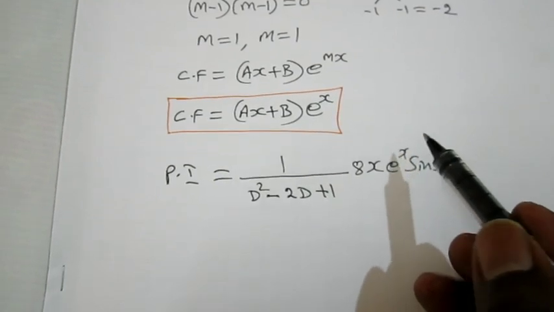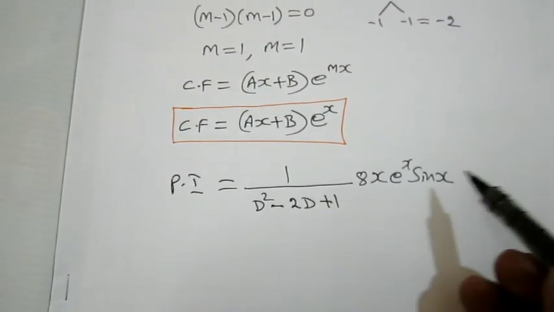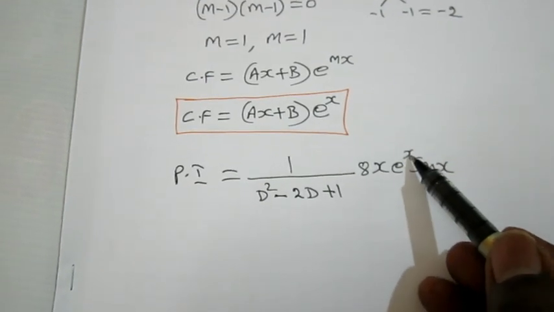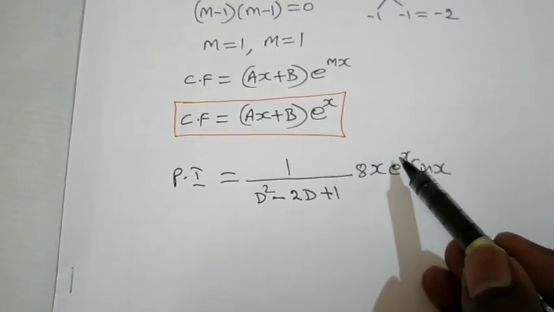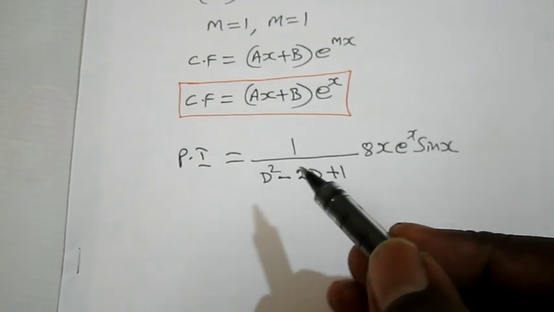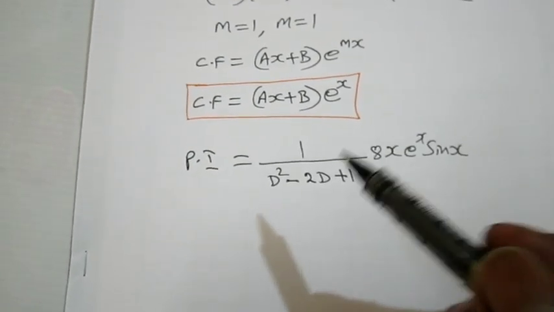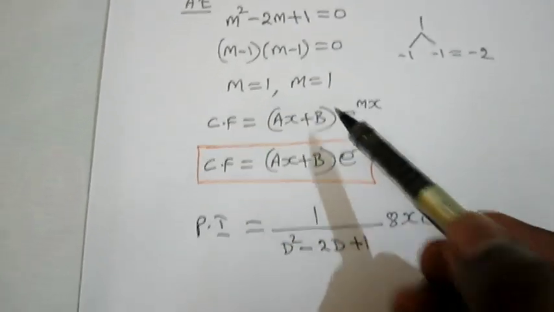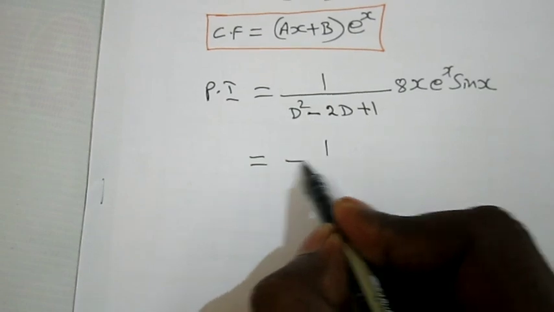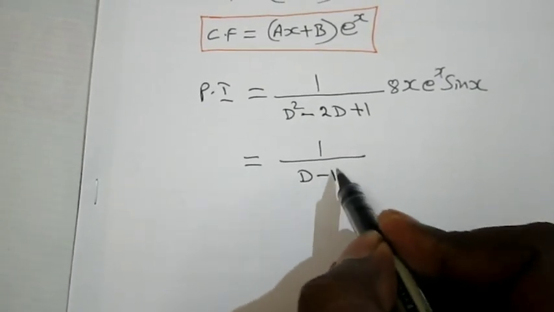So I am going to use the type 5 model, e power ax into v. So first I am going to operate on e. The coefficient of x is 1, so D is replaced by D plus 1. But you see this is one of the special problems, because in this problem the m values are equal. So this term can be written as 1 by (D minus 1) the whole square,